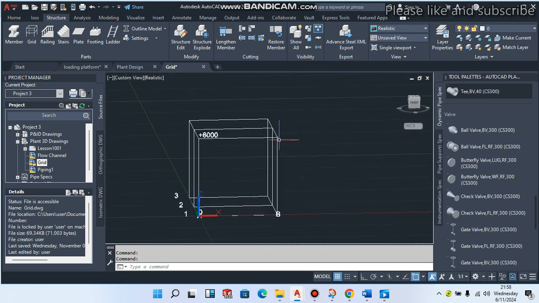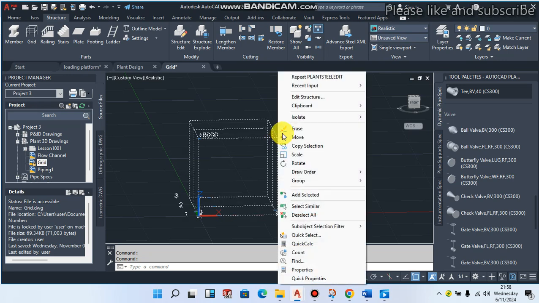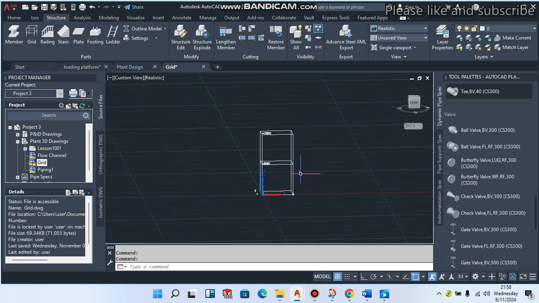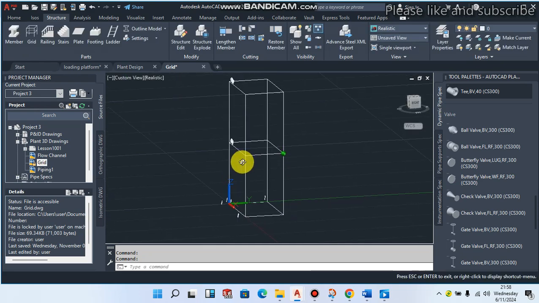If I click on it again, I edit a structure. This is how it's going to look like